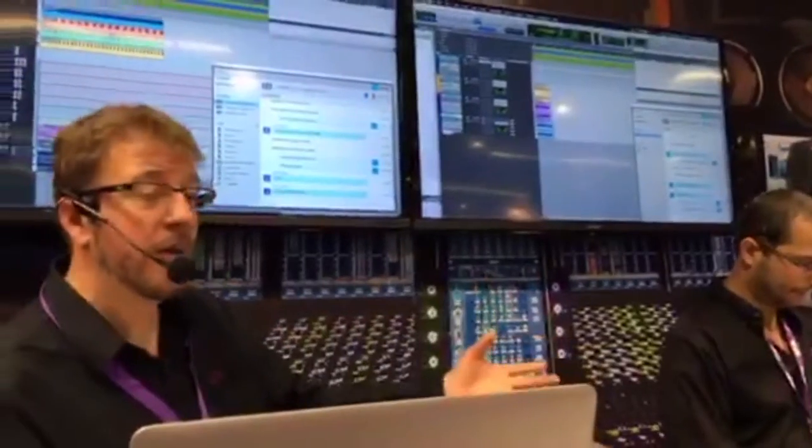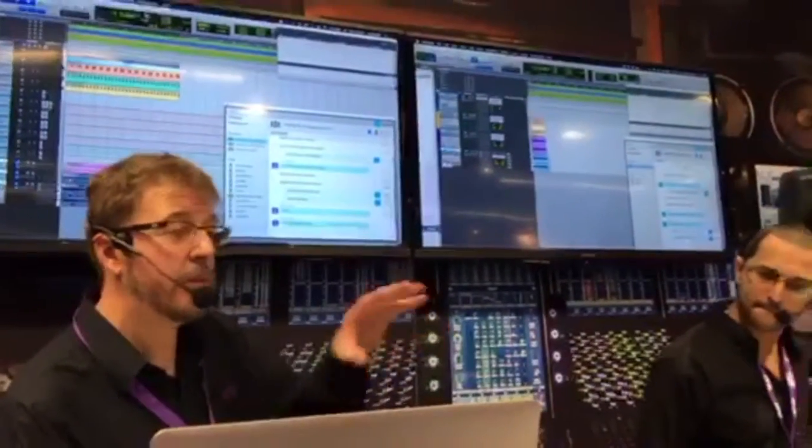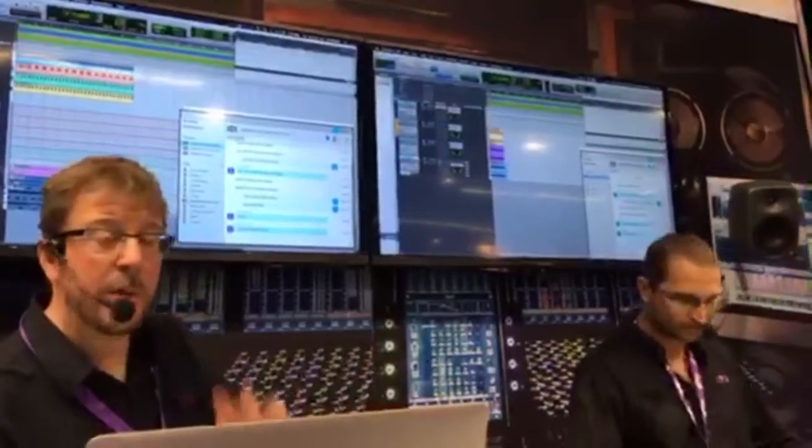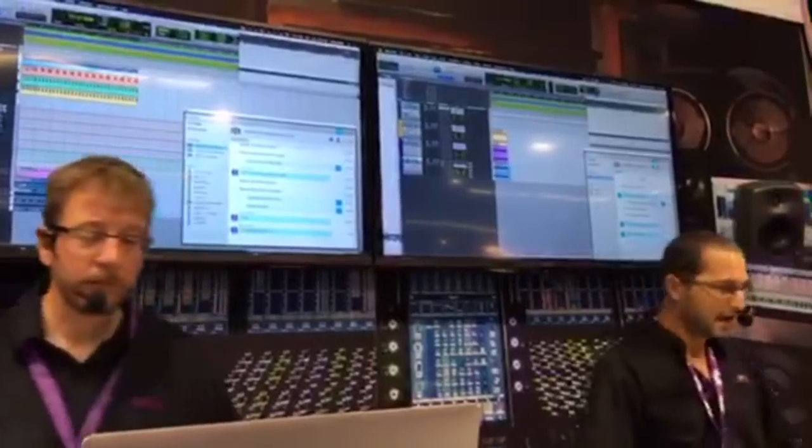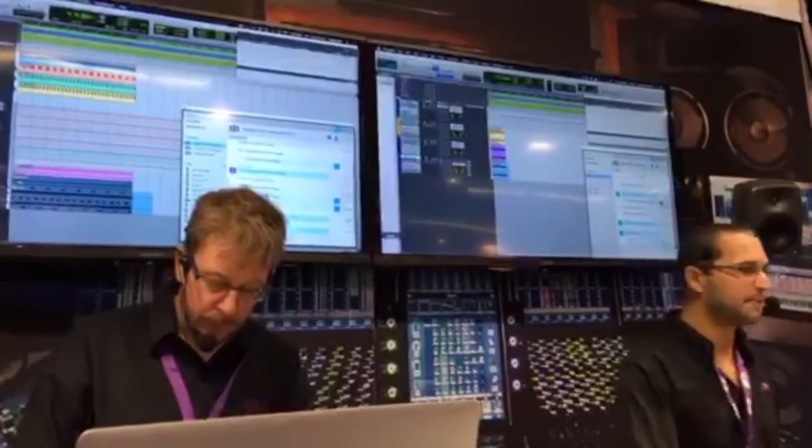So we're working in these remote locations, so the cloud collaboration means that we can work in parallel. So I'm going to add some more elements over here. Eduardo's going to add some more elements over there, and then we'll synchronize them all up in a moment. Exactly. So the first thing I'm going to do is I'm going to unfreeze this bass track, bass Arturia,